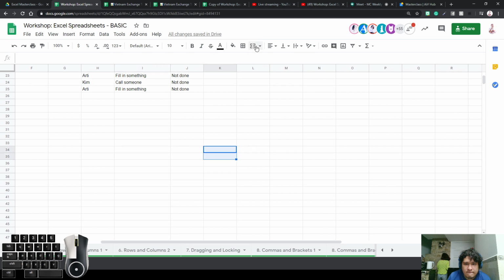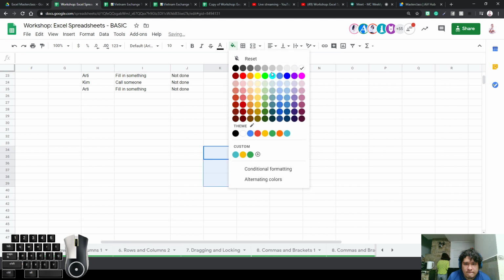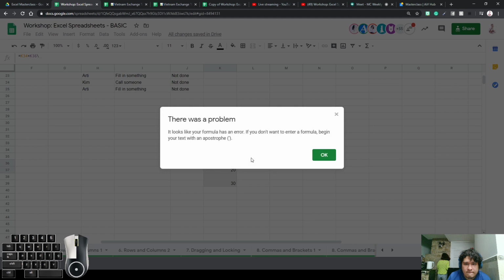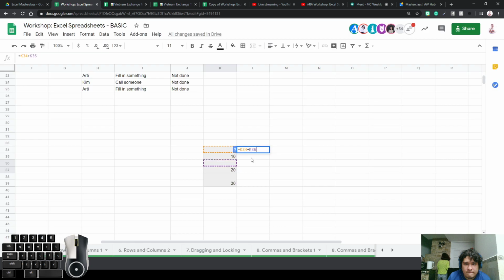Because let's say I'm going to merge this, and this, and this. These three, you can see they are merged. Then I'm going to put 10 here, 20 here, 30 here. And here I want to make a formula: this plus this. Oh, sorry, this plus this. And then I kind of want to copy it, but